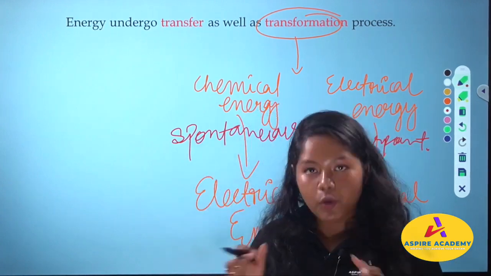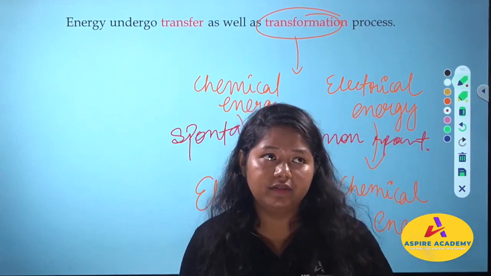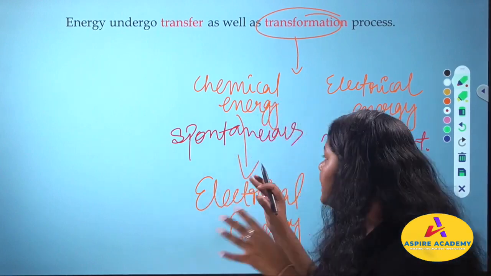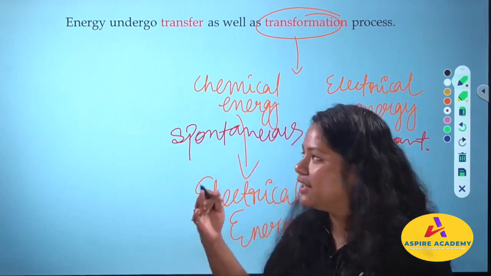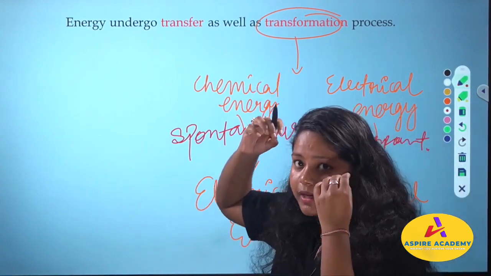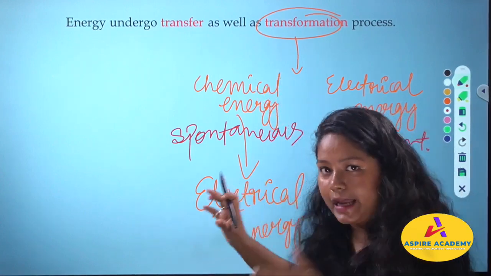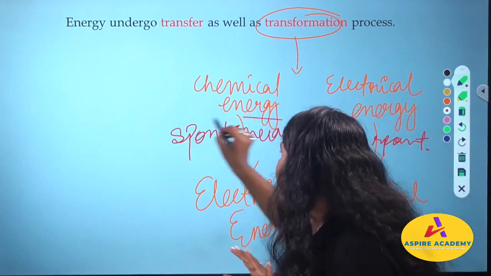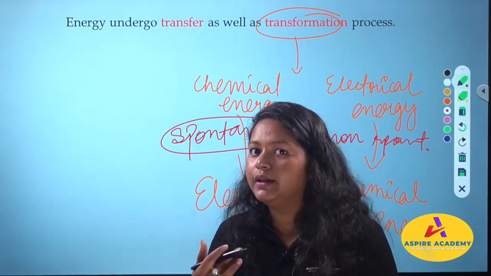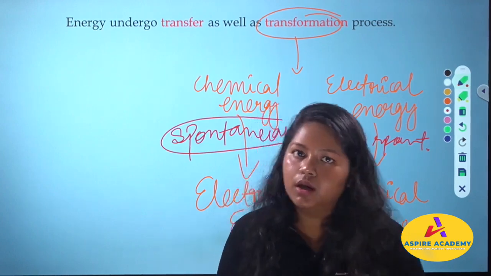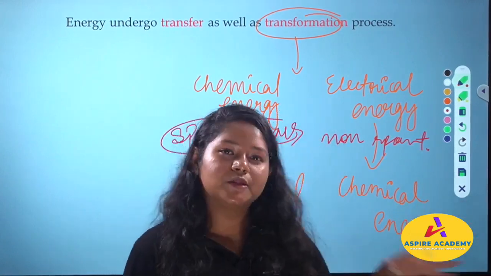Now when I say spontaneous here, spontaneous means they are very active in this case, that we do not need to supply anything extra. They will do things on their own. Okay, which kind of things? Obviously they will be converting chemical energy into electrical energy. Okay, not going into the depth as of now. So this is spontaneous. Spontaneous means khud ba khud. You understand, right? Khud ba khud means they will do on their own. Understood? And non-spontaneous means obviously this guy sleeps whole day.